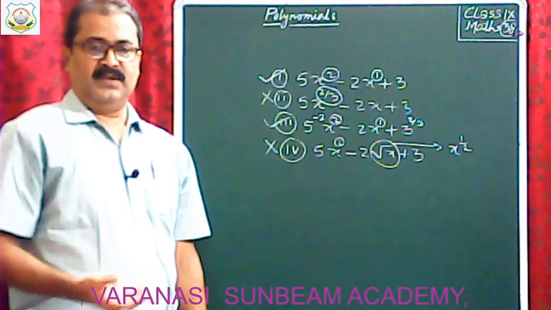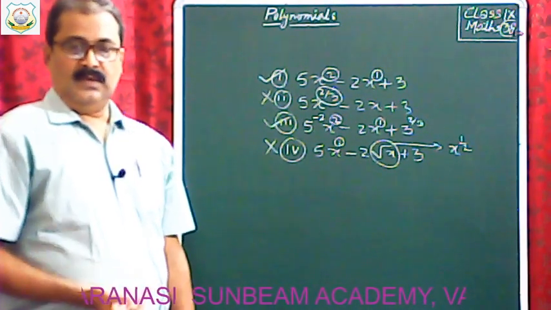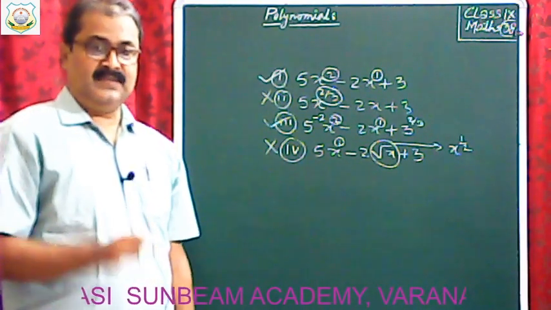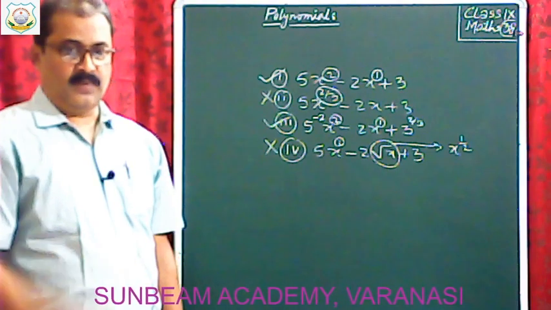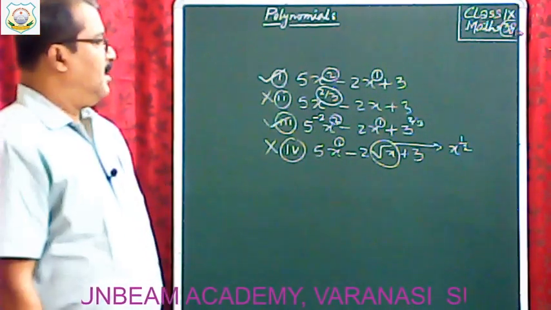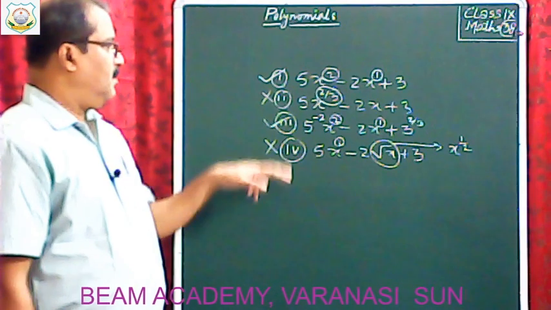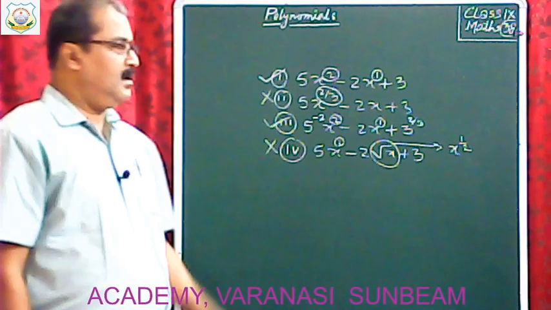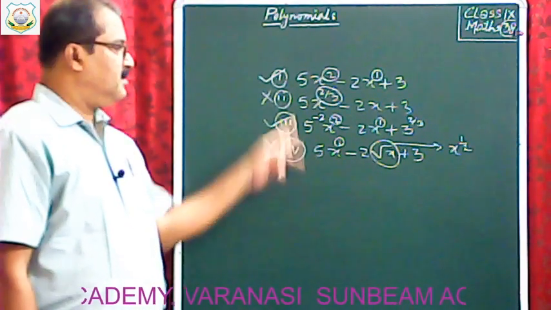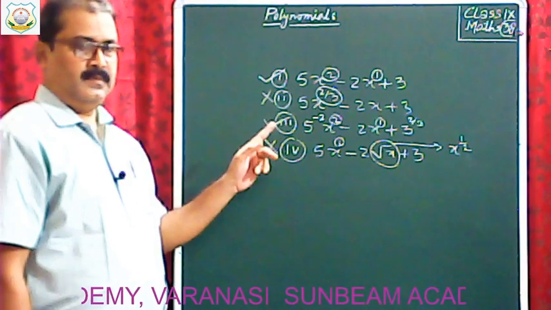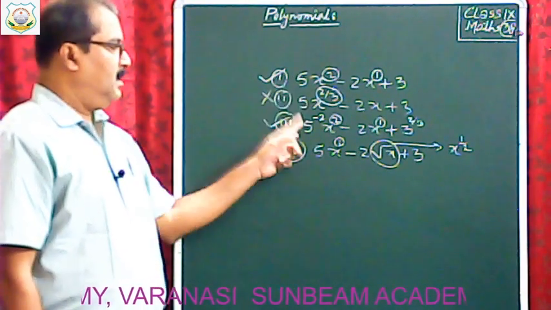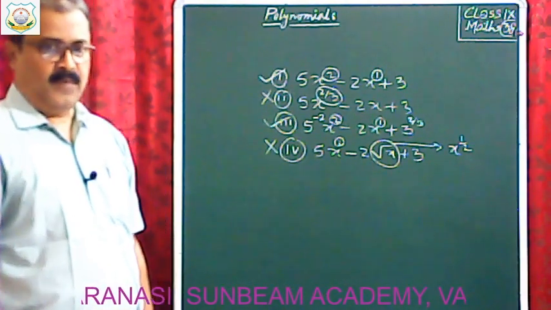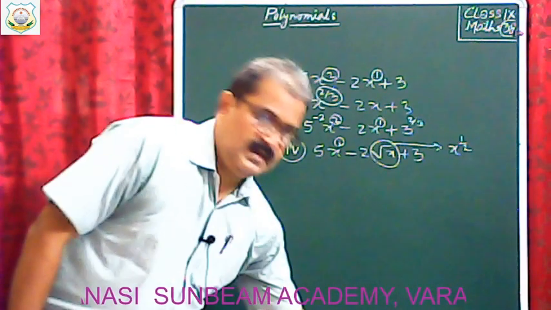Clear? So definition of the polynomial: an algebraic expression having non-negative integral power is known as polynomial. Okay, we conclude that every polynomial is an algebraic expression, but every algebraic expression is not a polynomial, isn't it? Clear? Classification we know